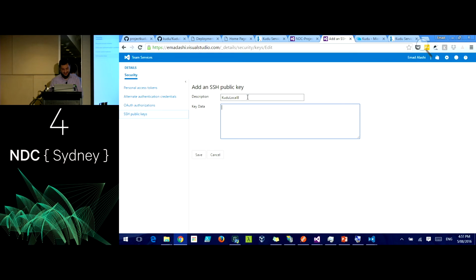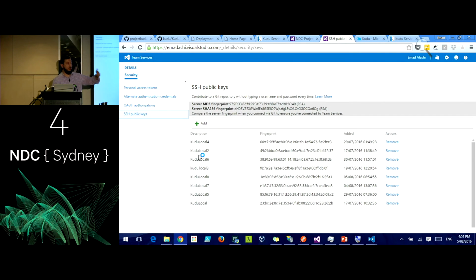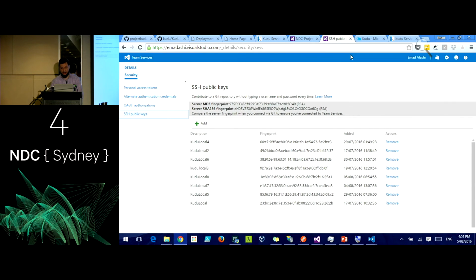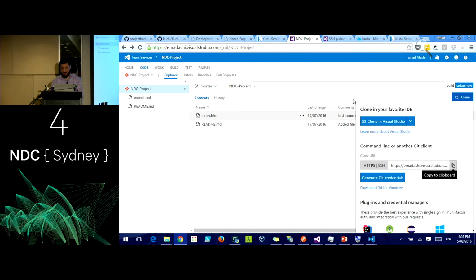I'm going to add this. Now, whoever has the private key of this public key will have access. So if I go back and try to clone, before I do this, I will have to do something: we tried the HTTPS, now we have changed to SSH. So we're going to copy the URL,